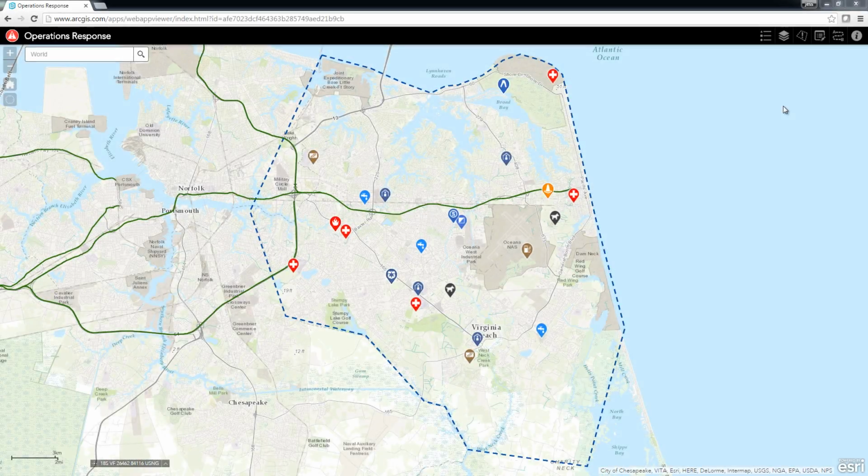The Operations Response application enables emergency managers and operations staff within the Emergency Operations Center to understand the status of emergency facilities and response teams. This application can be used on its own or in combination with the Situational Awareness Suite. The Operations Response application is a configuration of ArcGIS Web AppBuilder and uses your common operational data to enable you